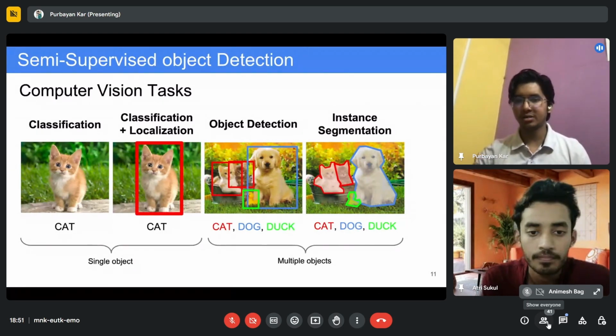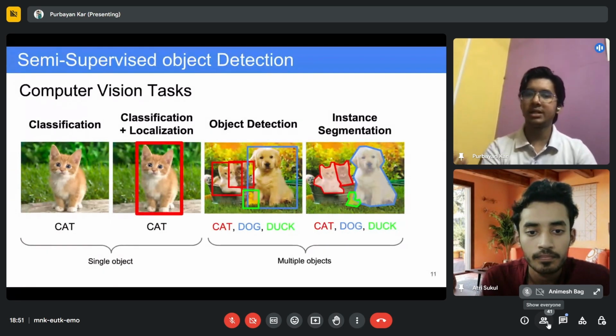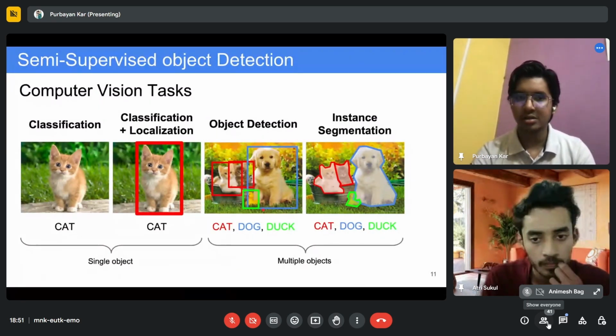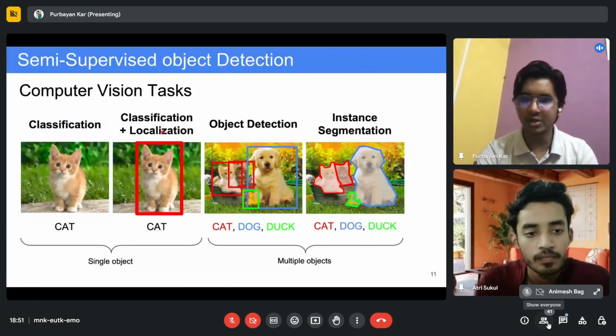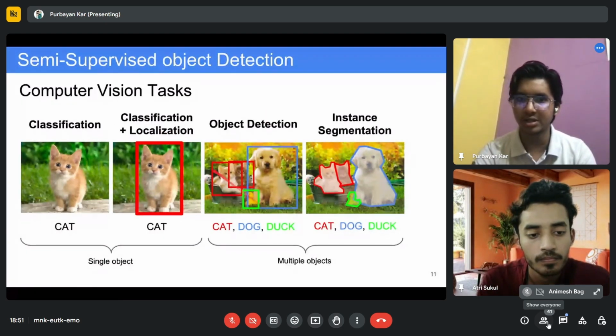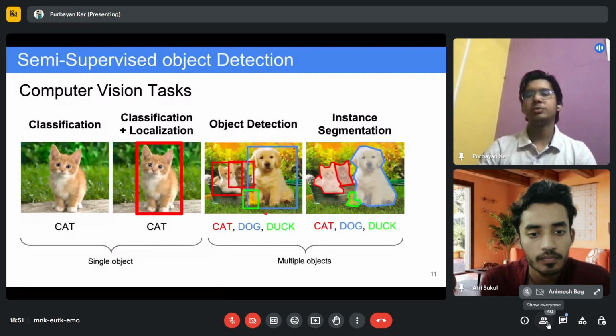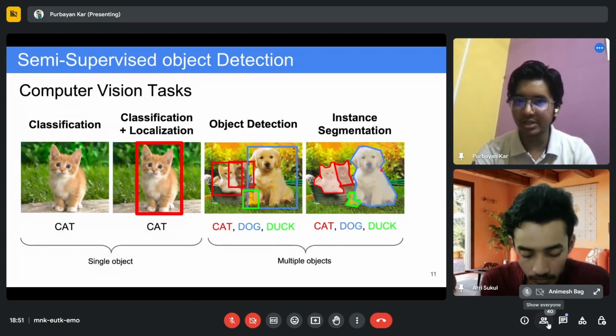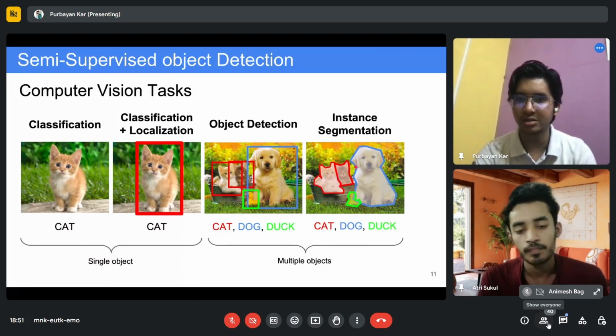Specifically, you have to give a bounding box around that particular object. Now if we make it a little more difficult, and you have multiple different classes of objects in the image, then you call it object detection. So we don't call it only localization, we call it object detection. Here there is a dog, another cat, a different breed of cat, and a duck toy. People also do a crazy thing called instance segmentation, where you classify every pixel of the image. Here the laser-pointed portion is of the dog, this is of the cat, and this is of the duck.